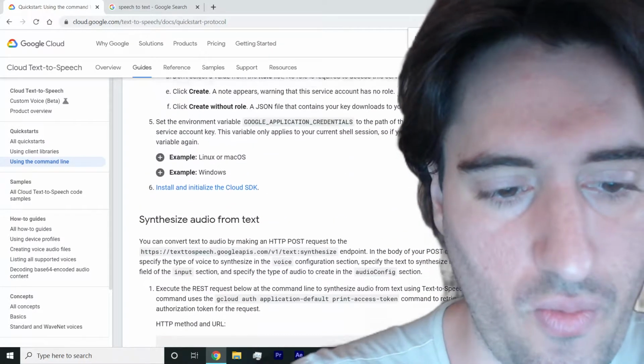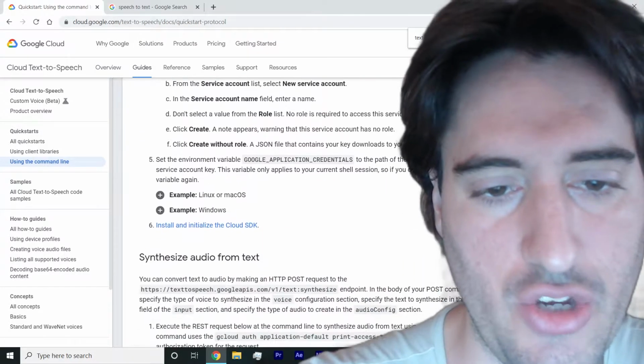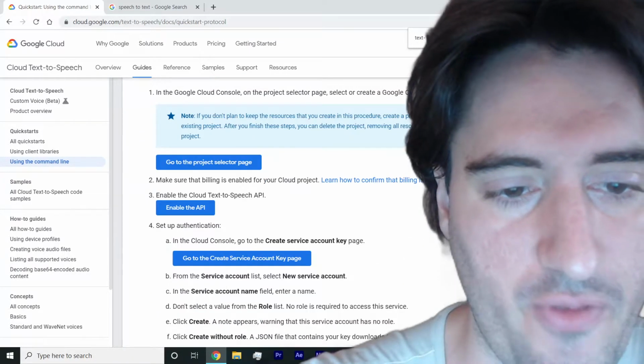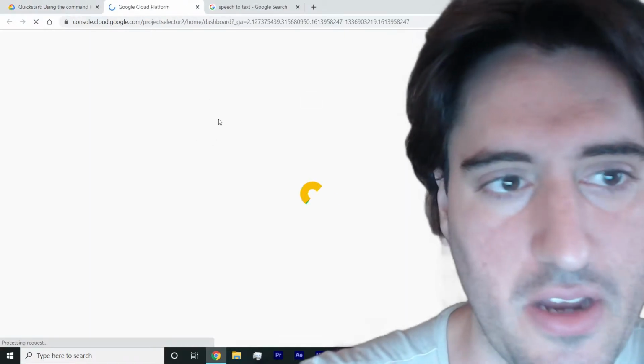Now, here's where, let me just point you in the right direction. So all this is pretty straightforward. You're going to go click on it. It's going to open up your cloud, your admin tab here, and then you're going to be able to click on a project, and then you're going to go and, let's see, what are you going to do? You don't really need to even go in here just yet. So you would enable the API,